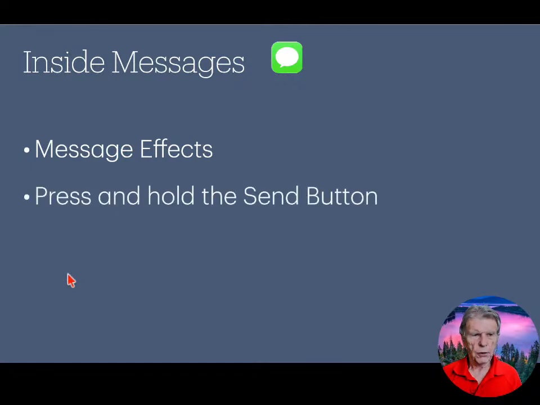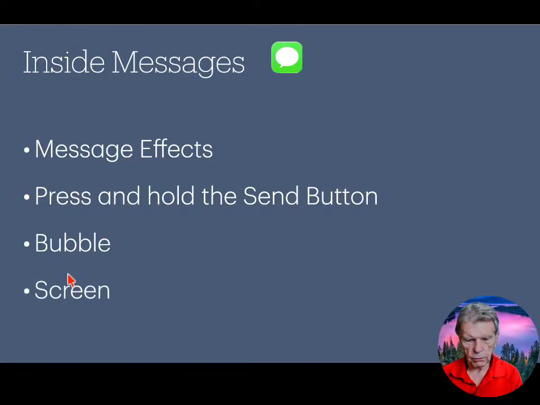So we're going to talk about inside messages, also known as iMessages. Apple kind of officially changed the name a while back, but you'll still see references to iMessages on Apple websites and such. So the first thing we're going to talk about is message effects. You can press and hold the send button and you get two categories of message effects. One is called bubble and the other is called screen. So let's just jump into our iPhone